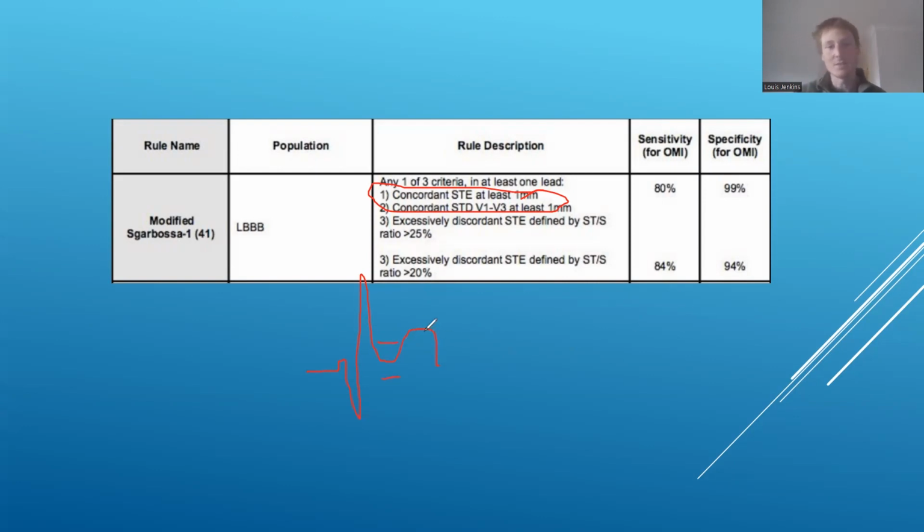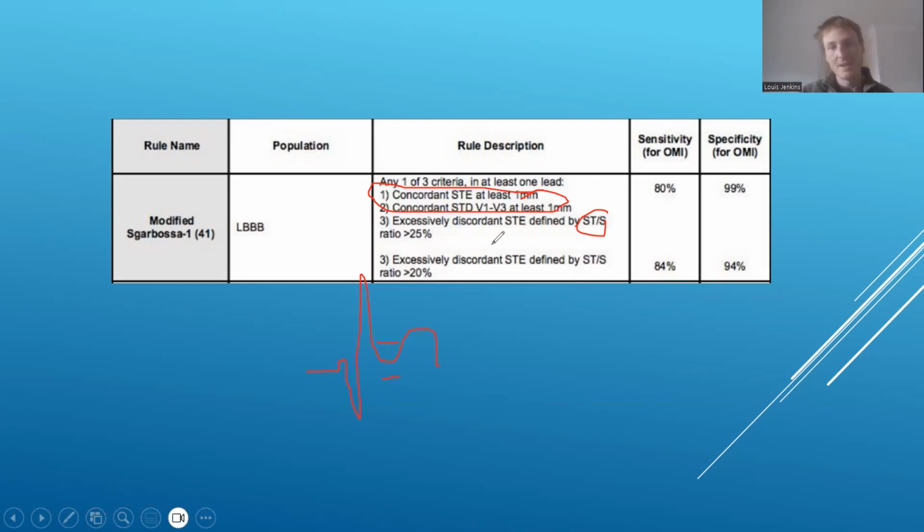In any lead, not just V1 to V3, like the Smith modified Sgarbossa criteria says. And that's cool because that makes it a little bit simpler, right? You don't have to think about, oh, well, depression in V1 to V3. You can just look for any concordance and any ST changes, okay? And then instead of having this whole concept of excessive discordance combined with an ST/S ratio, they simplified that as well. And they just said that